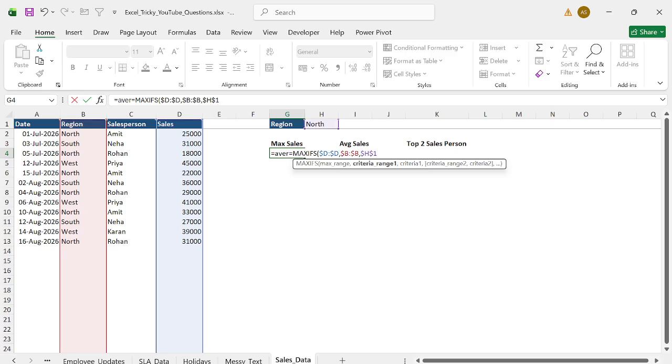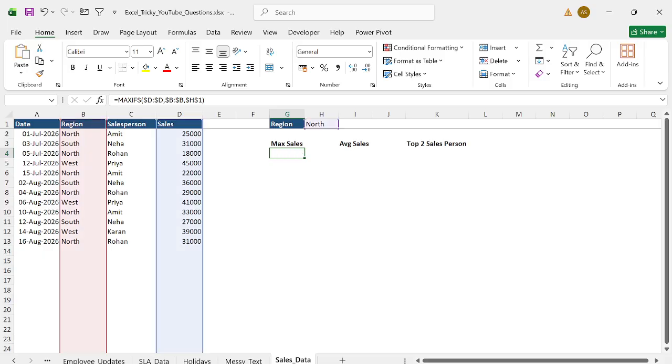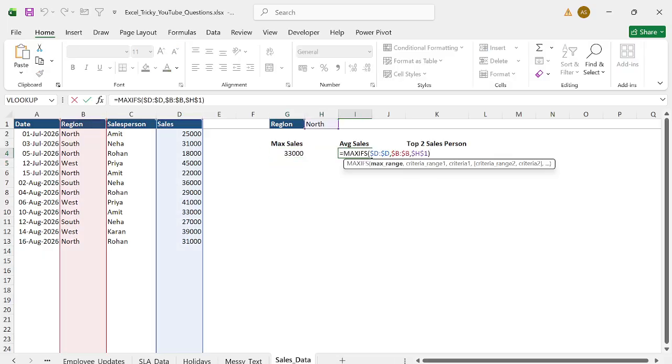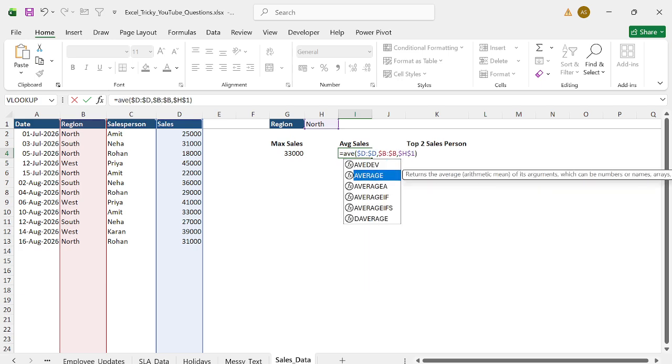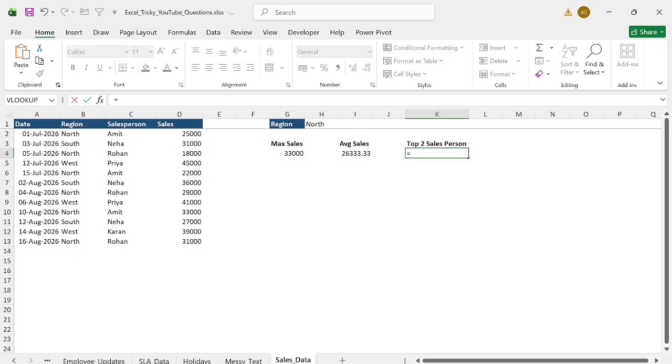Great. Sorry, here we do have some issue, we have to remove it. Great. And after the same thing, just copy and paste, and instead of max ifs, use here average ifs. After, this is a little tricky one, top two salesperson of the region. For example, you have to